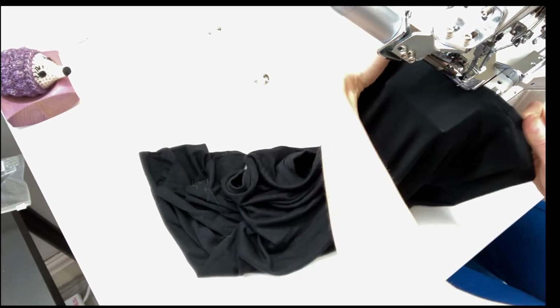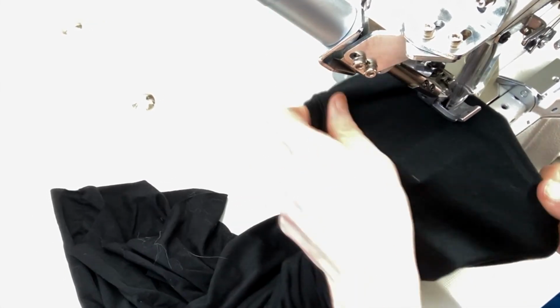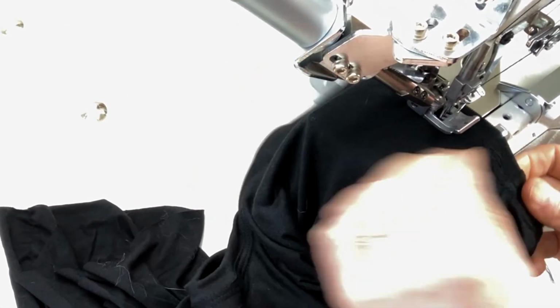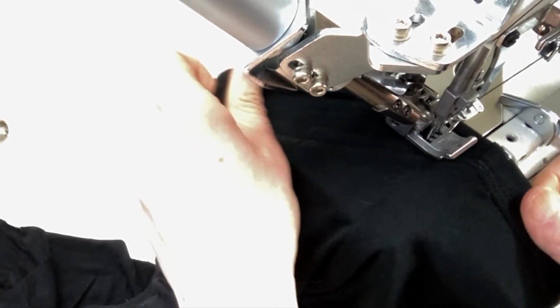And I'm happy with the result of my top stitching, so I'm going to top stitch even more. Everything needs to be top stitched. All my seam allowances are facing down, so towards my left hand. And when I go through the seams where I've got the joint, I kind of guide the fabric gently,